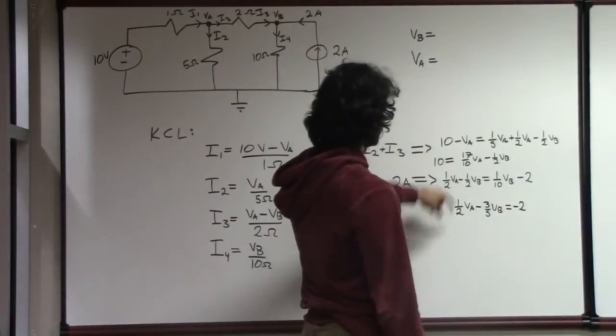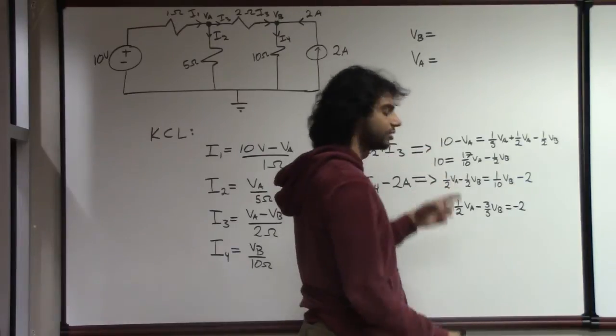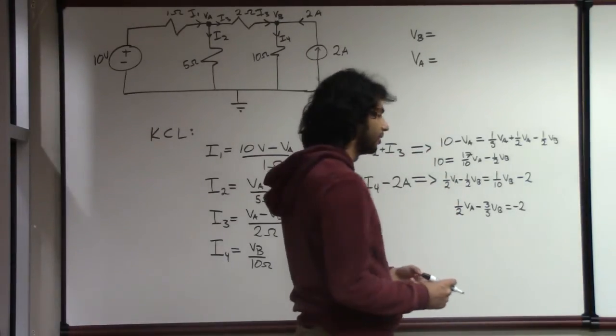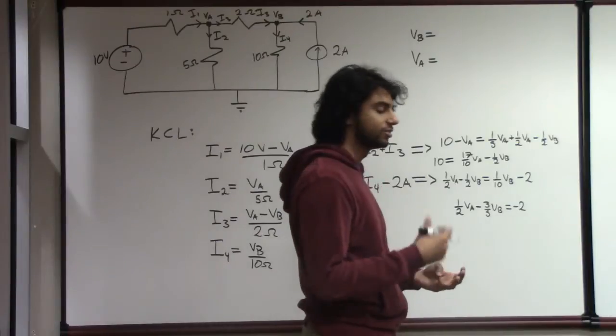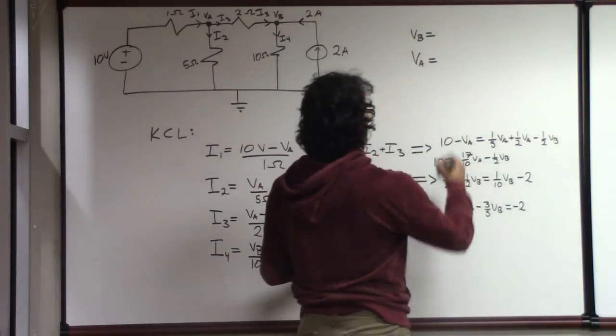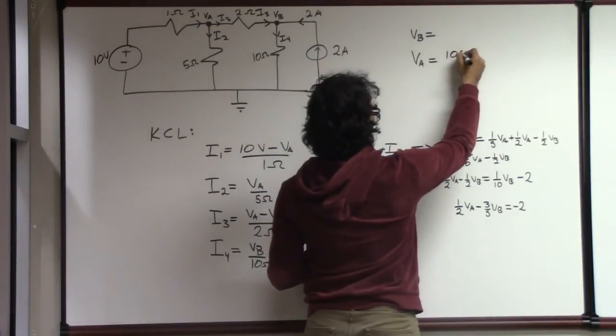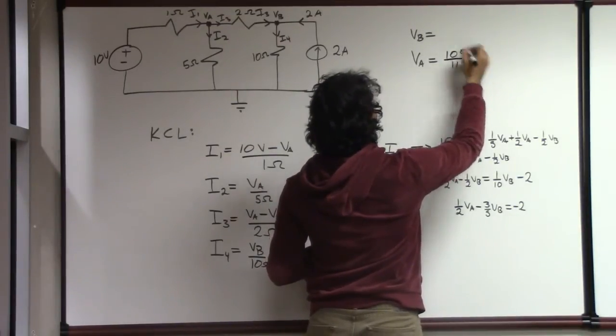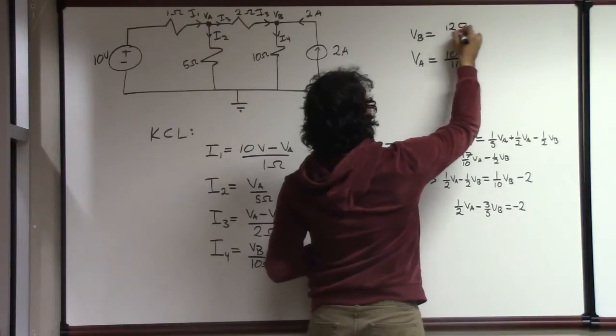And now what you have is a system of equations which you can solve either using a matrix calculator or via substitution, elimination, your preferred choice. But the final results end up being that VA is 100/11 volts and VB is 120